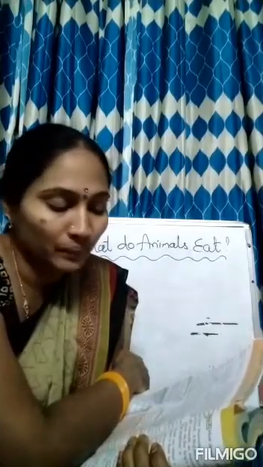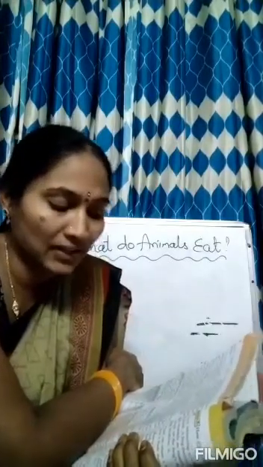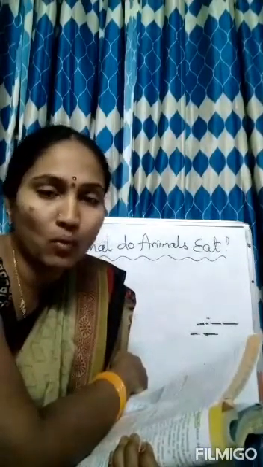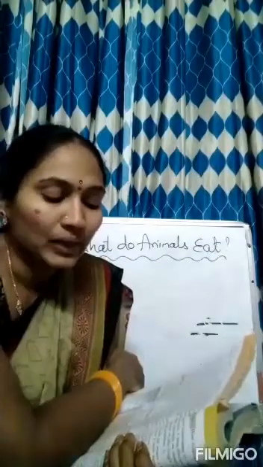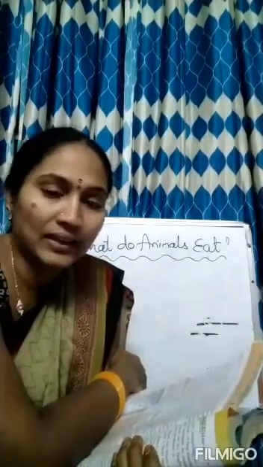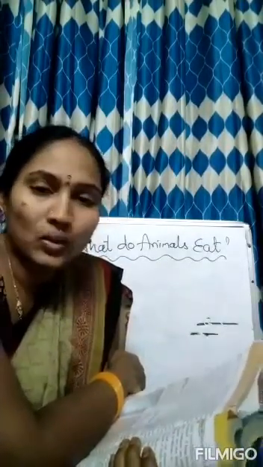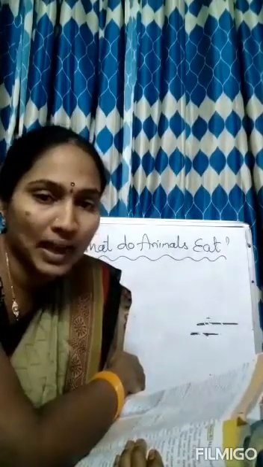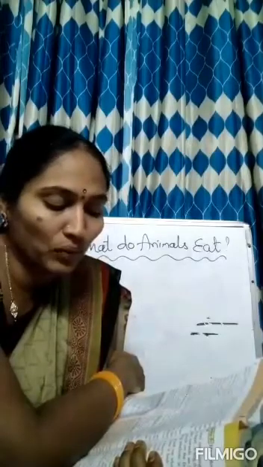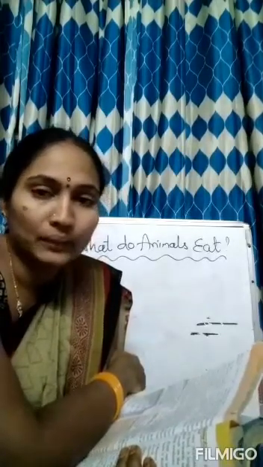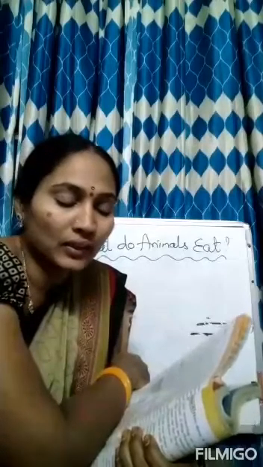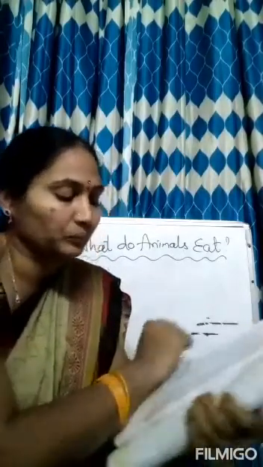Next, parrots which eat fruits and crack nuts have a hooked beak. Even the parrot has a hooked beak, but they won't eat the flesh of other animals. They eat fruits and cracked nuts, while the crow does not have it. Not only the beak, there are other parts that are also different to suit the type of food eaten by a bird. Even the claws are different according to their food habit.